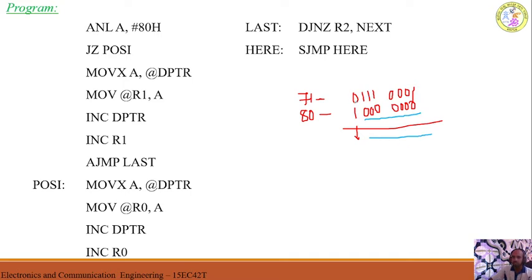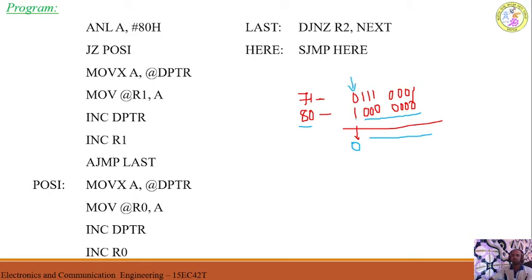Whereas in this case, if this bit is equal to 0, then the output is 0. If this bit is equal to 1, then this is equal to 1. Whatever the number you are having in the given number, the same number will come at the output. That is the reason why we are doing AND operation with the 80H, so that I can check only this bit, because this is the MSB bit.